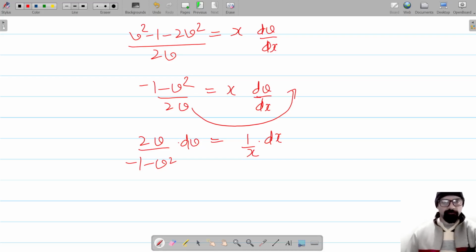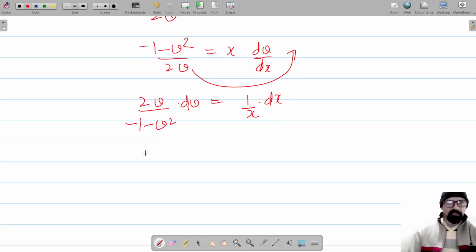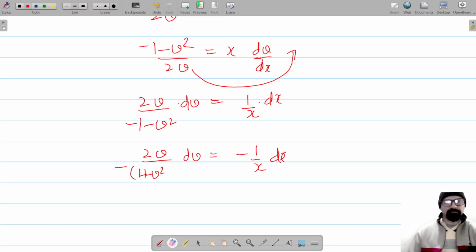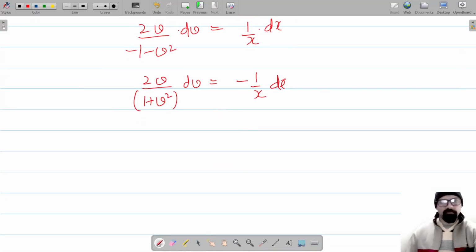ओके, यहाँ से नेगेटिव हटाते हैं, कॉमन लेते हैं इधर, वन प्लस v स्क्वायर इंटू dv, और इस नेगेटिव को यहाँ ले आते हैं दूसरी तरफ, तो यहाँ से नेगेटिव हट गया, वन प्लस v स्क्वायर। नाउ लेट्स इंटीग्रेट इट ऑन बोथ साइड्स। अब हम इंटीग्रेट करेंगे बोथ साइड्स,